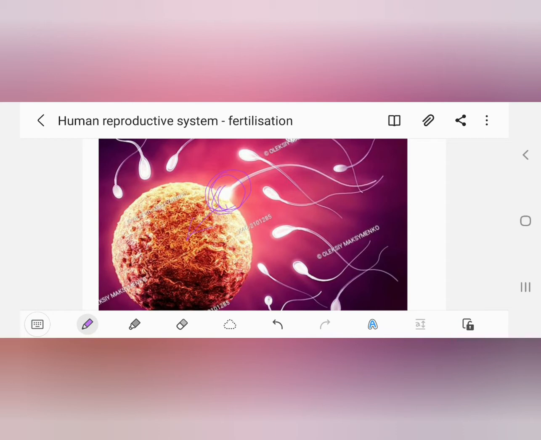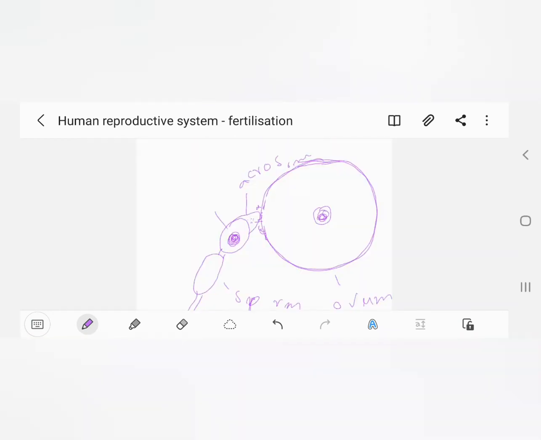Sperm contains mainly three parts: head, midpiece and tail. The head is covered with a small cap-like structure called the acrosome. This acrosome is filled with many hydrolyzing enzymes, which play an important role in fertilization. When the sperm touches the ovum, the acrosome ruptures and the enzymes are released onto the surface of the ovum. The surface melts and makes a path for the entry of the head into the ovum.